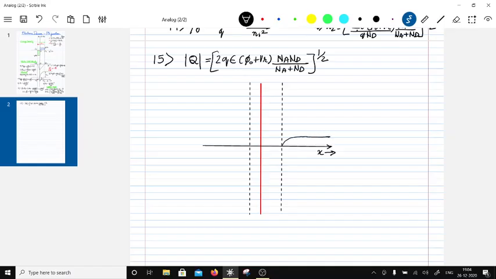For the minority carrier it's 0 here. This is the n side, so this will be pn0, and this is approximately equal to